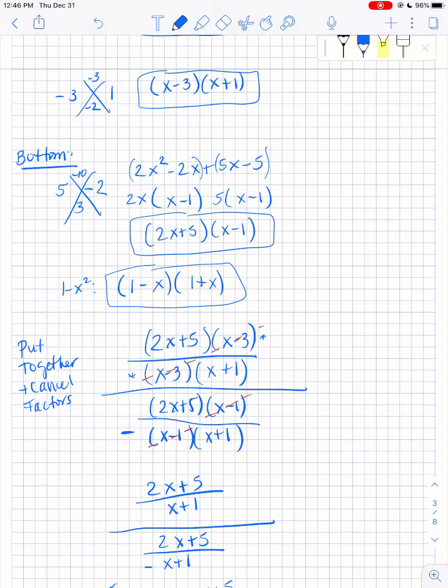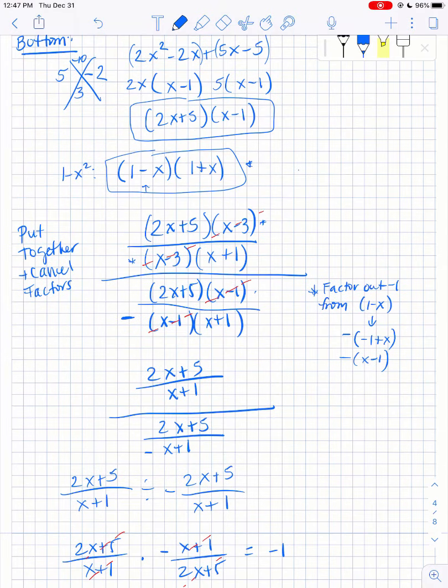And then I rewrote the difference of 2 squares. I factored out a negative 1 just to get it to be in the form x minus 1 for this one. So when I factor out a minus 1, I'm left with minus 1 plus x because I wanted it to be in that form. So I could cancel the top and the bottom, these x minus 1 terms. So then what I'm left with is 2x plus 5 over x plus 1 over 2x plus 5 over negative